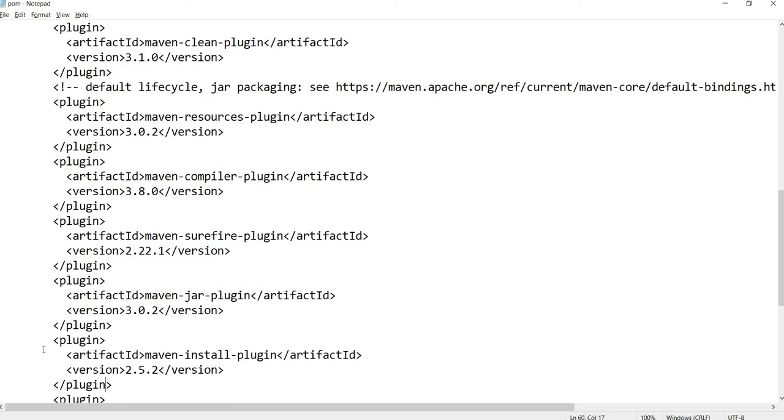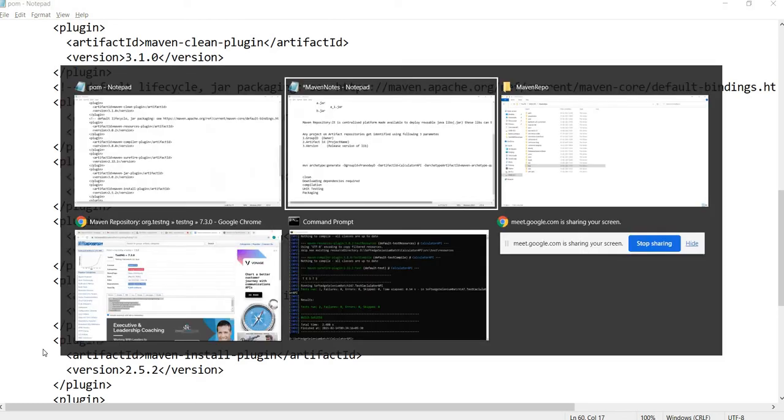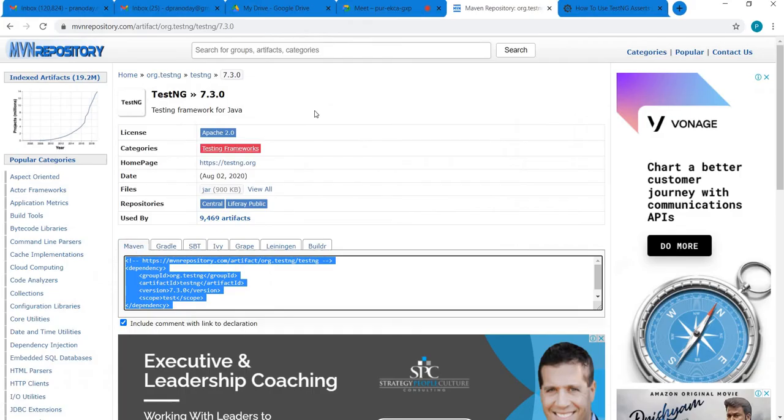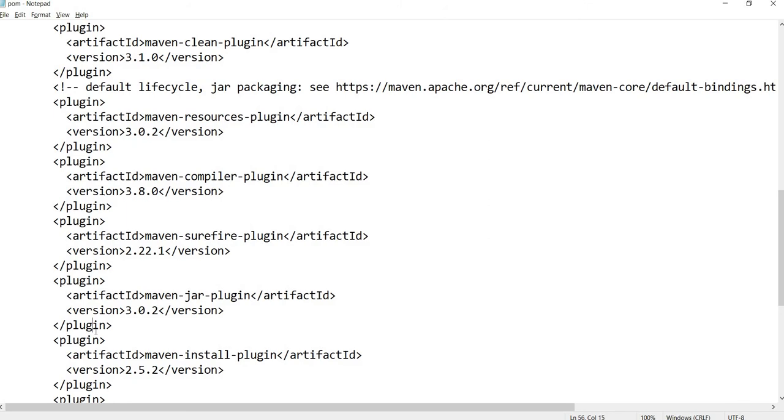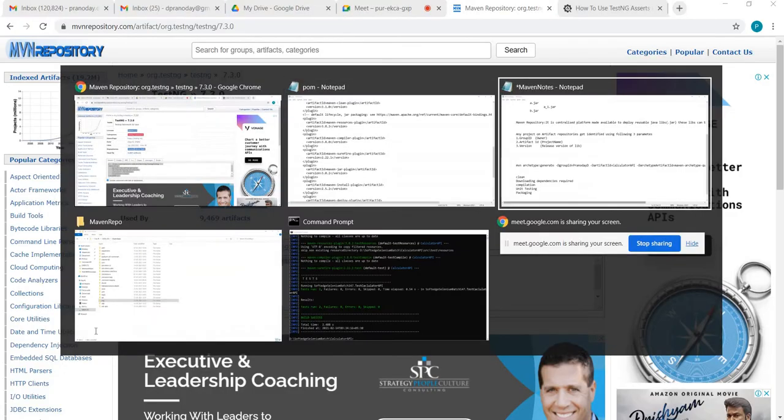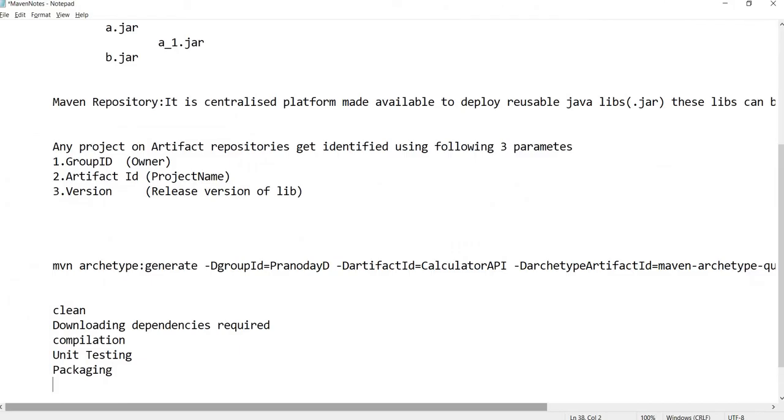Once the package is created, you will, let's say, deploy it on some kind of a remote repository so that your users can use it, right? So this is the last phase of the build lifecycle, that is install or deploy.